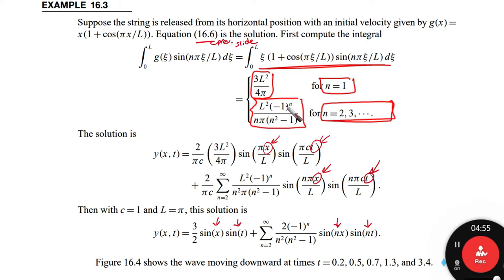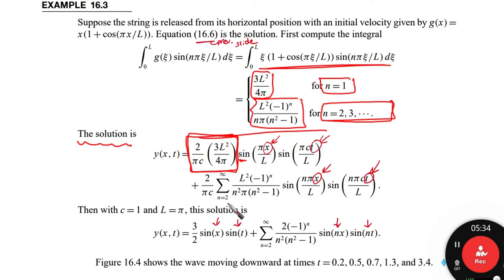Okay, so the solution for this coefficient is going to be something like this: 2 over pi c times 3L squared over 4 pi, this is our case, times sine pi x over L times sine pi ct over L. Okay, so we are going to end up with this part, plus 2 over pi c, the summation of